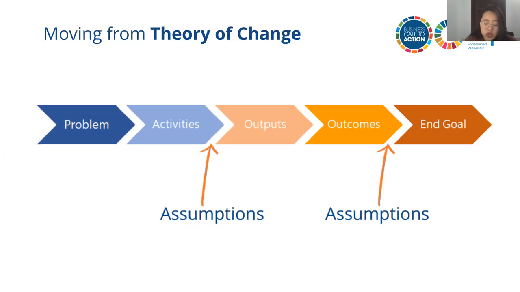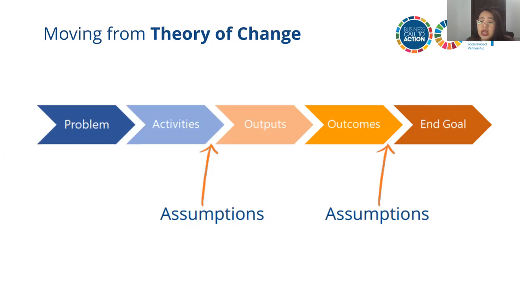Basta, ito yung usually short-term goals. What are the key deliverables and measurable effects of your work? Outcomes, ito naman yung mid-term goals, so something between short and long-term goals. What are the short to medium-term changes you expect to see? And the end goal is actually answering the questions: what is the long-term change or impact you see as your goal, and what will the world look like if you're achieving your mission?